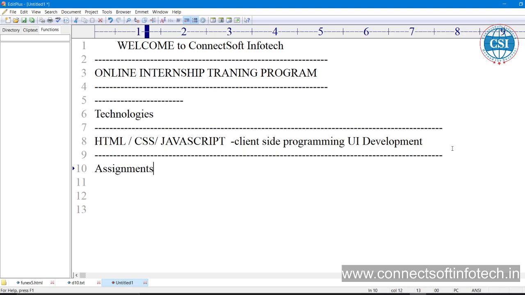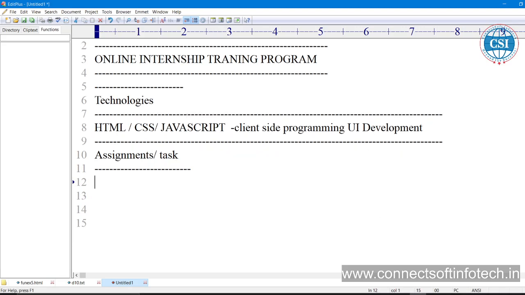इसमें हम असाइनमेंट देंगे, वीकली टास्क प्रोवाइड करेंगे, as per the live task. जैसे हमको क्लाइंट का रिक्वायरमेंट है, क्लाइंट जैसा बोलता है वैसे ही हम आपको लाइव टास्क प्रोवाइड करेंगे. उसी में आपको वर्क करके हमको देना पड़ेगा. And the objective of the training is that during this training,